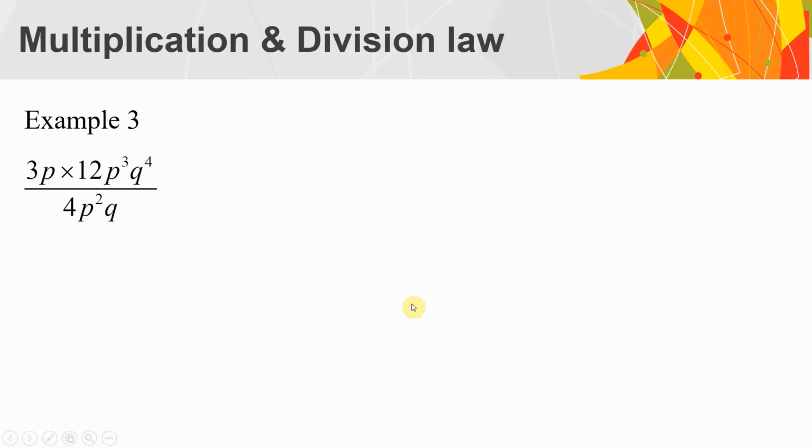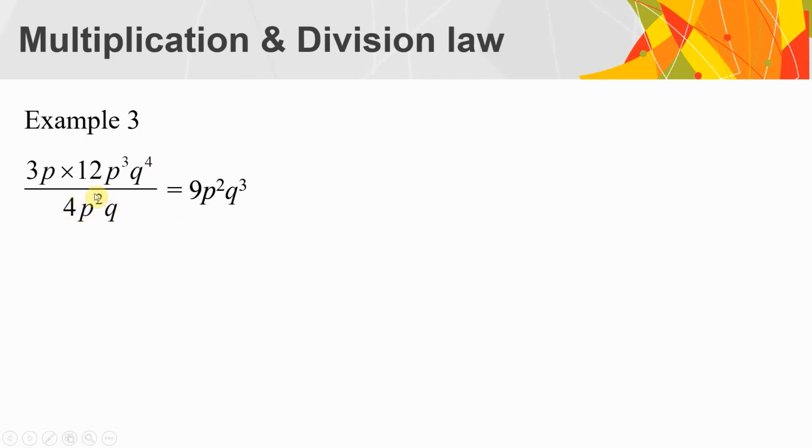So just one last example, a little bit more complicated. But no worries, we follow the same steps. First, we multiply and divide the numbers. So it's 3 times 12 divided by 4, we get 9. The next part, we look at p. p, 1 plus 3 minus 2. So it's 4 minus 2 is 2. Right, the last part, there's no q here. So we just look at these two. So q, power 4 minus the power 1. So it's 3, q power 3. So that's how we simplify